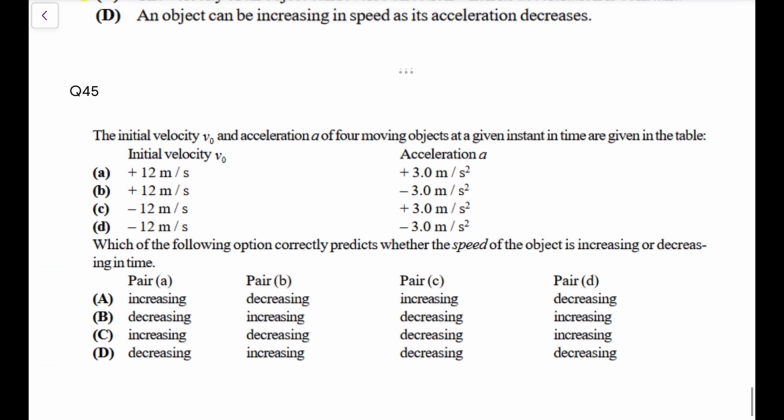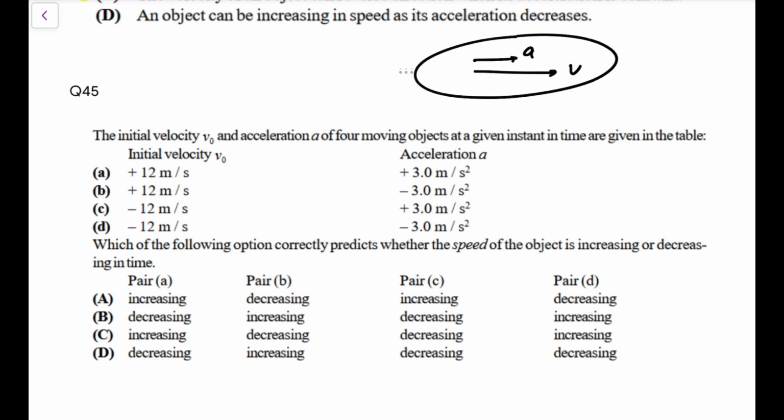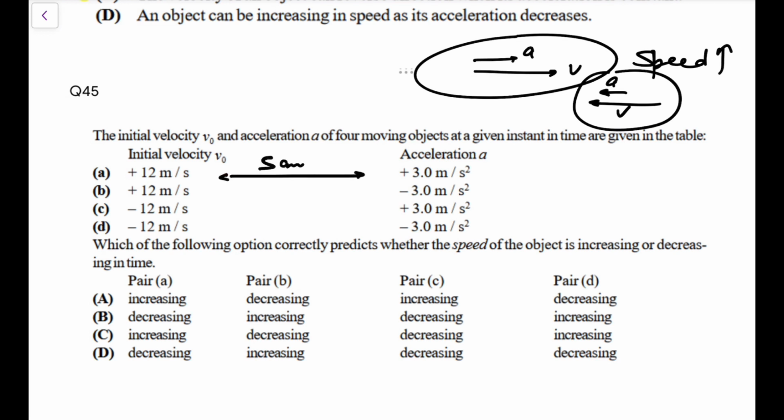Now question 45 is a very important question. Just remember, in a 1D motion, if velocity and acceleration both are in the same direction, the speed will increase, whether they are both positive or both negative. It means like you are going forward and the push is forward, or you are going backward and the push is backward, in both cases your speed will increase. And if the signs of A and V are opposite, then speed will decrease. In the first case they have the same sign, so speed will increase. So we have these two options. In the second, opposite sign, so the speed will decrease.